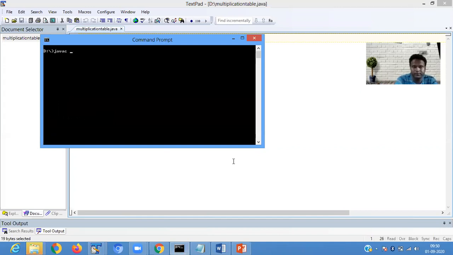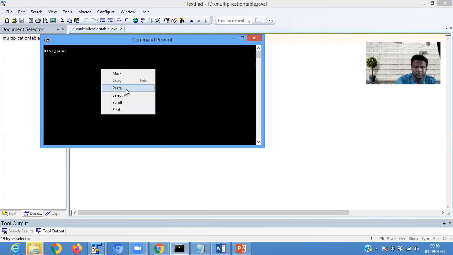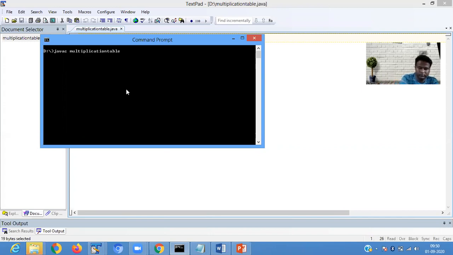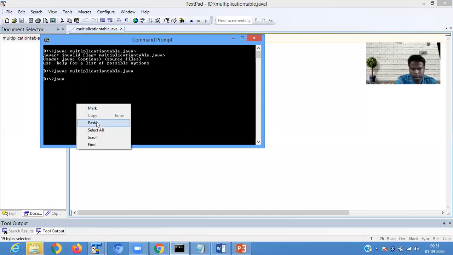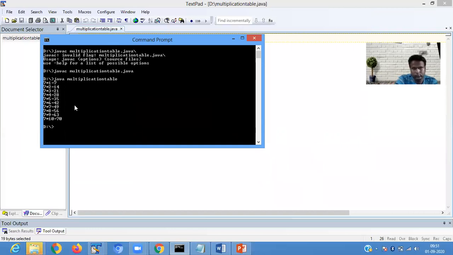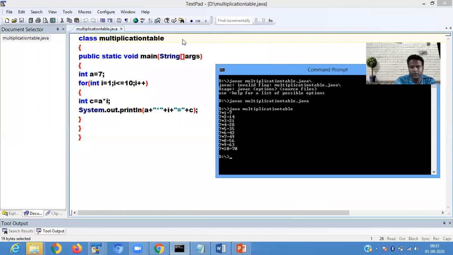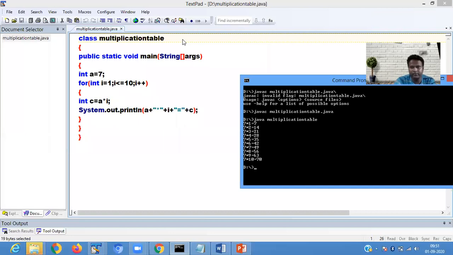Java C. So give multiplication table of 7. Now check how it is working.